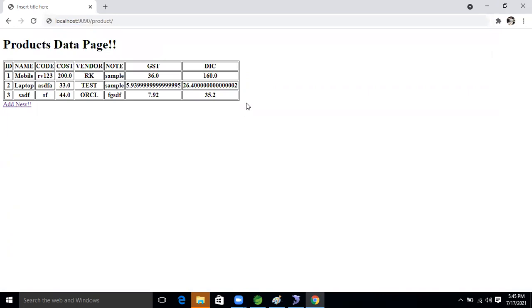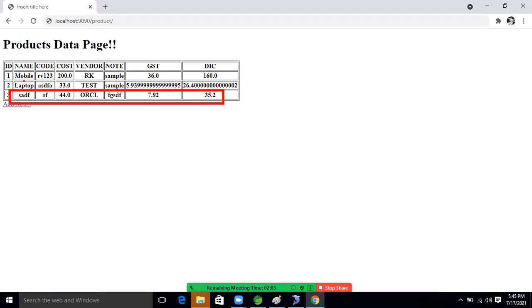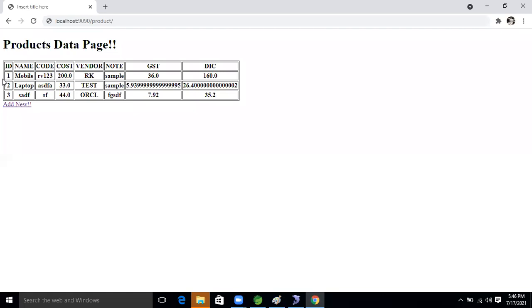Next, our operation: I want to delete this record, right? Whenever we click on the button, this record will be deleted. Here we will give one button to the end user, and whenever the end user clicks, this record will be deleted. So this operation we are going to implement in this application now, guys. Are you ready to see that? Yes, Ravi, ready. Okay, guys, good.